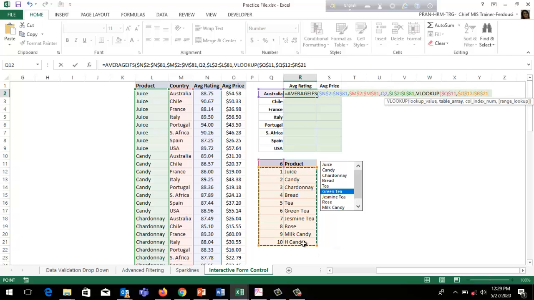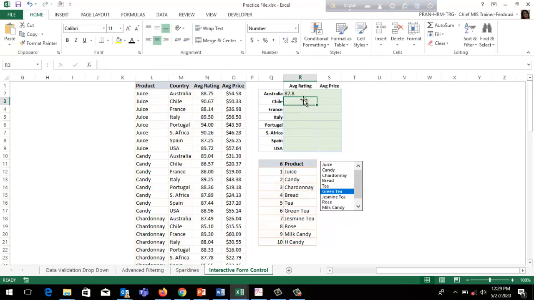Press F4 again, then comma, use 2 for the product name, use comma, type FALSE. Close the parenthesis, close the final parenthesis, press Enter. Copy it downwards.